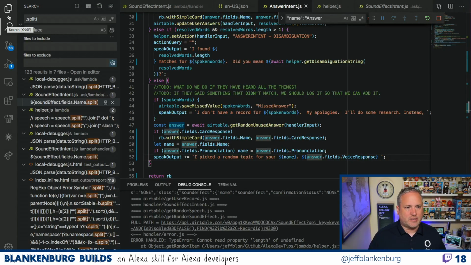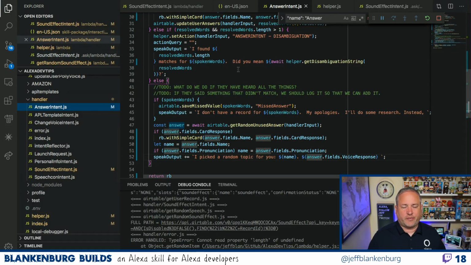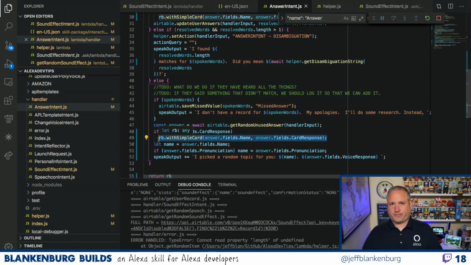The next thing that I really need to focus on is I need to revisit this card piece, because I want to be able to provide as much useful information to a developer as I can when they're using the skill.